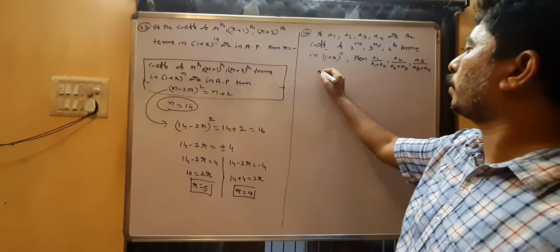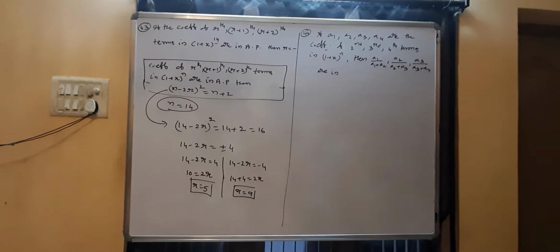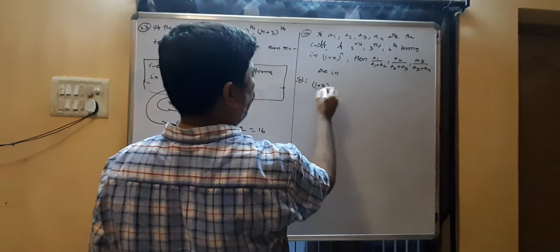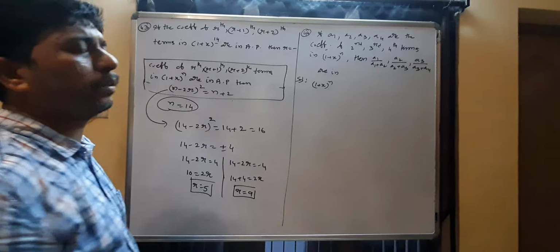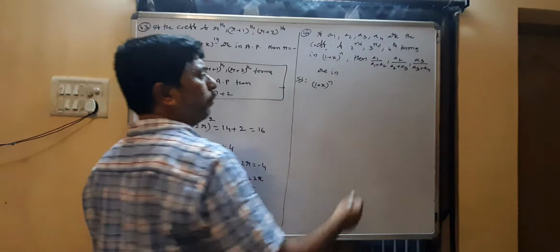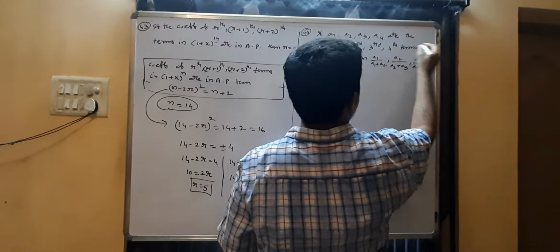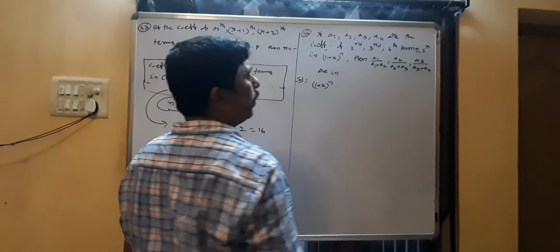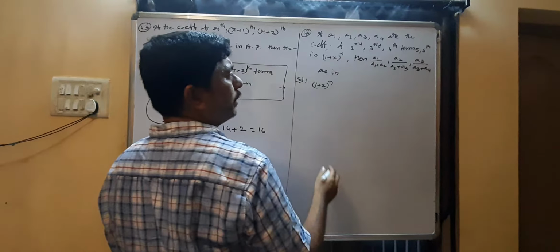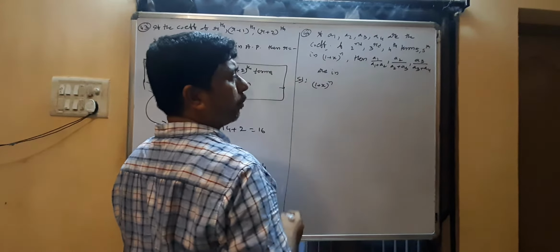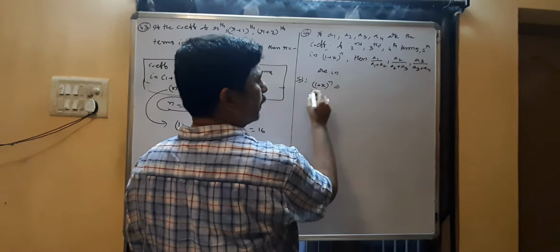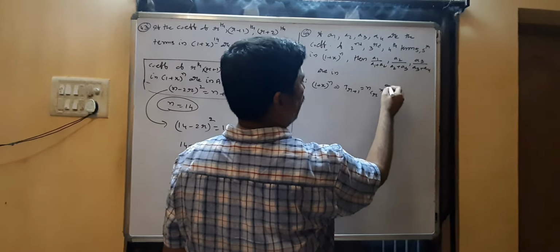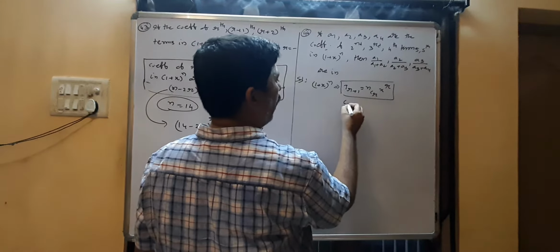Coming to next question. Given the expansion, you have (1+x)^n. The second term, third term, fourth term, and fifth term in the expansion of (1+x)^n are a1, a2, a3, a4. a1 is the second term quotient, a2 is the third term quotient, a3 is the fourth term quotient, a4 is the fifth term quotient. In the expansion of (1+x)^n, the general term T(r+1) is nCr x^r. In this case, the quotient you have